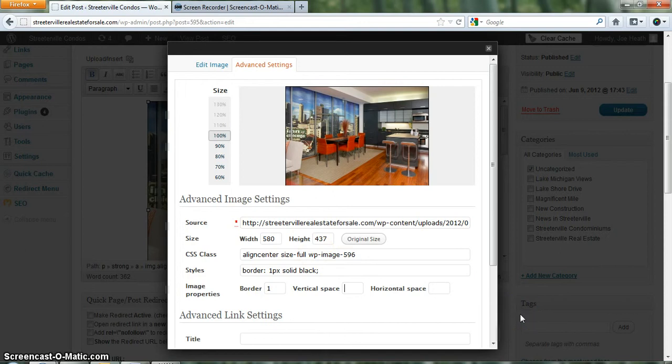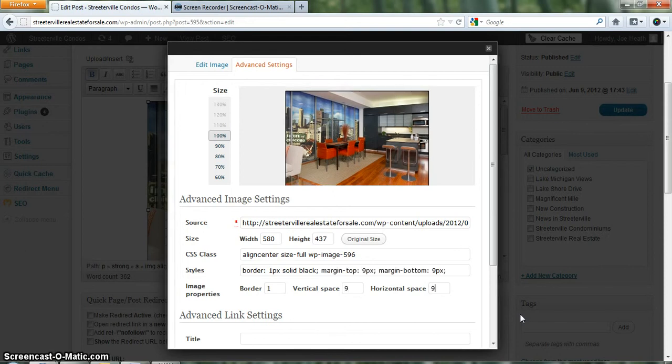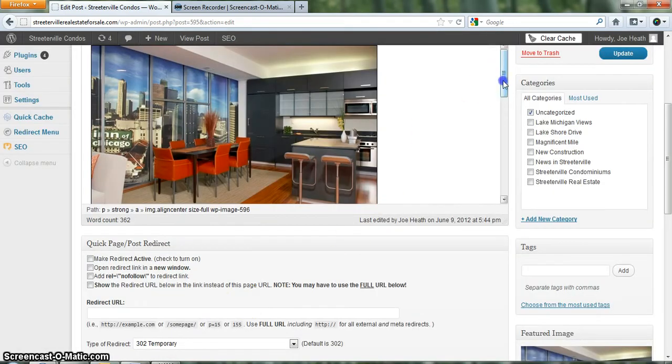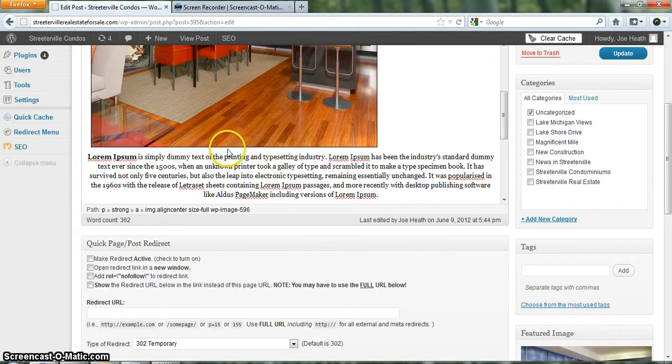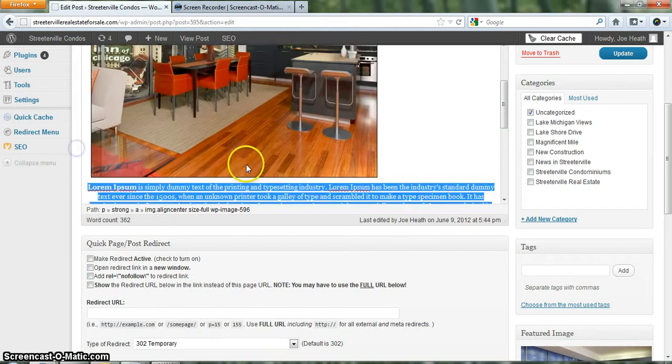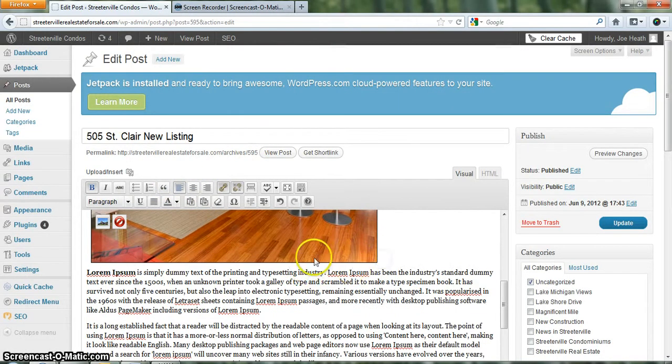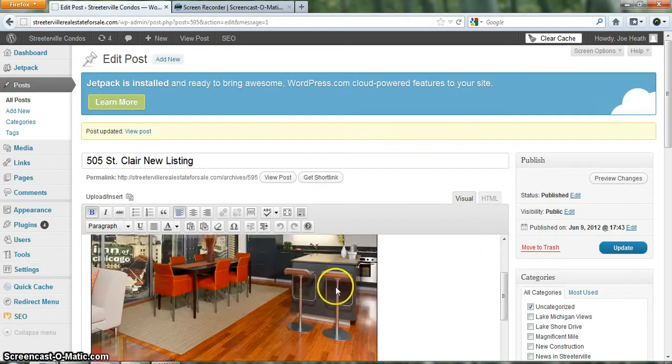Vertical and horizontal space, that basically is the space between the content and the image. So for vertical space, let's go ahead and do 9, and horizontal space, let's go ahead and do 9. If we update that, you can see now there's actually a little bit of space between the content and the image, whereas before it was kind of right up against it, really hugged up against the image, and I don't really think that looks all that great. So you always want to have a little bit of white space between the image